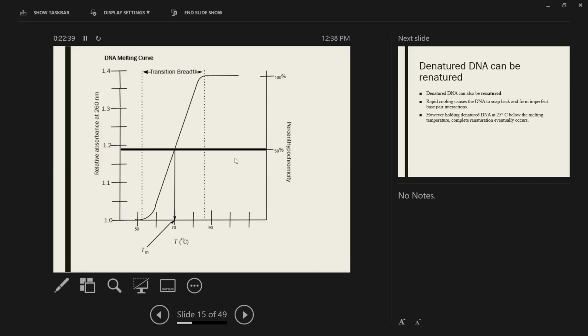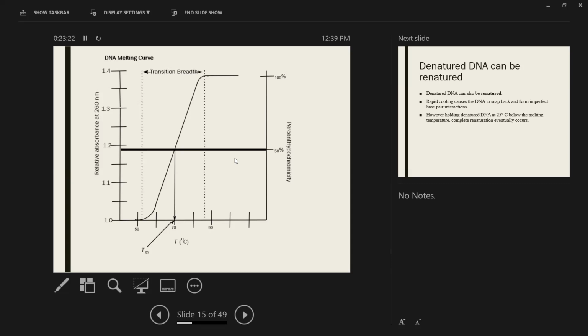When this was all the rage, companies started selling specs that had heated cuvette holders. It would read it, and then it would do this calculation for you and give you a TM. So you could literally do hundreds of DNA samples in a day, whereas before you were heating, checking, heating, checking. You had to heat next to the spec to make sure the transfer was very fast, and it was a pain. Then they came out with these things, and usually a couple of years later, this was passé. But it was a good run while it existed.